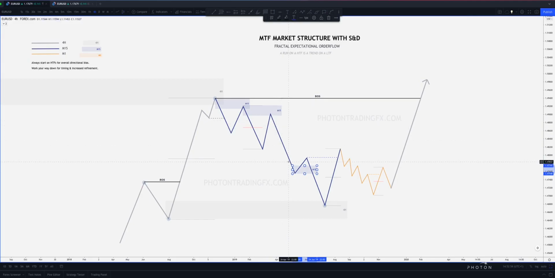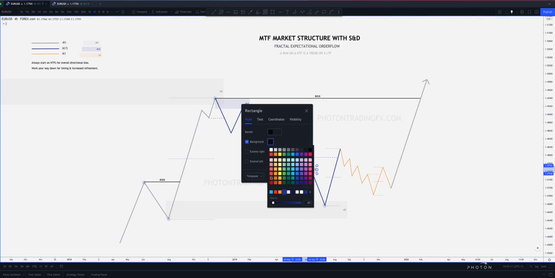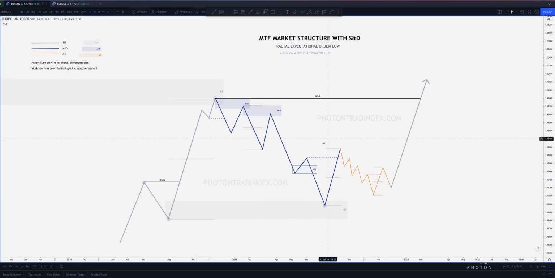Well, on this example here, it didn't cause any break of structure, not even a minor break of structure. It didn't do anything, right? So when price comes back down, what are the probabilities, what are the odds that there is enough demand within here to continue that move to the upside? Well, it's pretty slim, so it's pretty likely to be a weak demand zone. So what I'm just going to do here is denote that by drawing a hollow box, right? And then we can see that supply is still in control and it easily takes out that demand